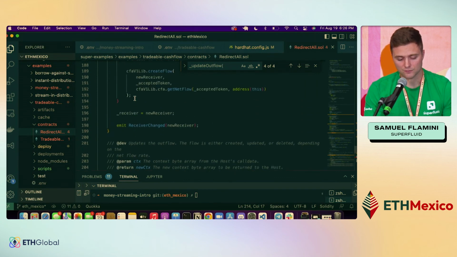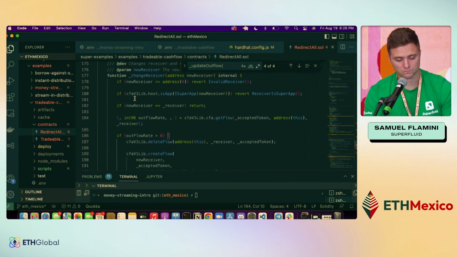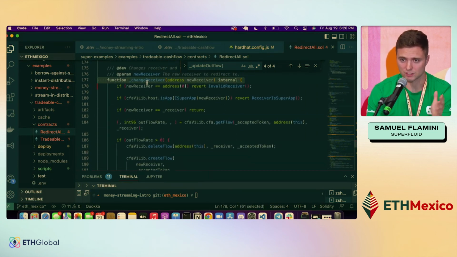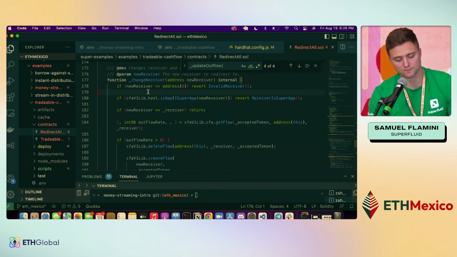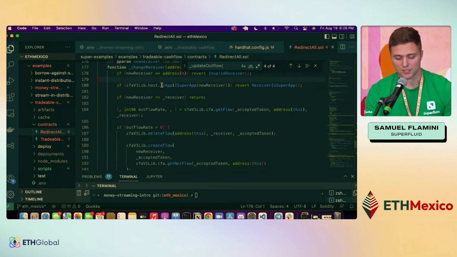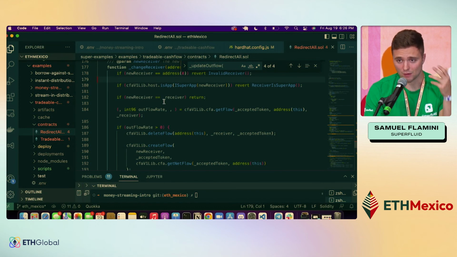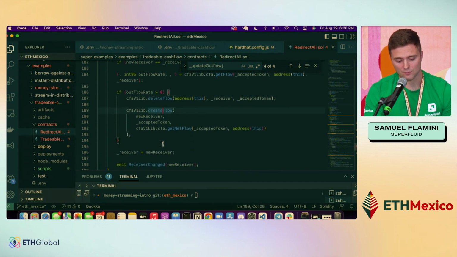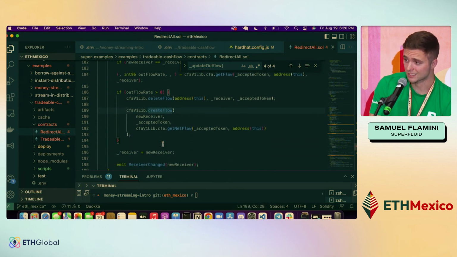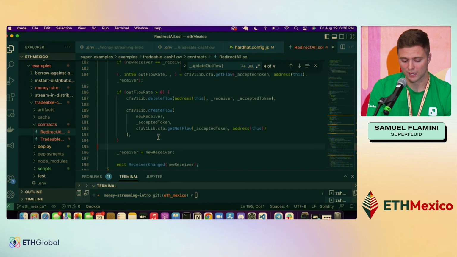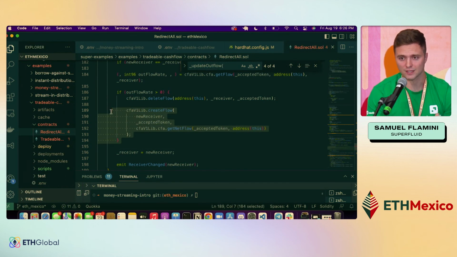And then in the case of the changing of receiver, again, this is just going to be called each time that the token itself is actually transferred. What we do is we check who is the current receiver. That receiver should no longer be receiving these streams, so we delete them right here. And then we need to create streams to the new receiver, so we can see who the new receiver is, and we can create a stream to them equal to the exact same amount that was being sent to the old owner, right? So it just matches up.